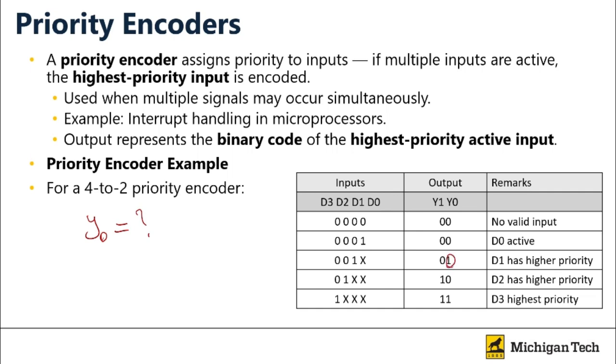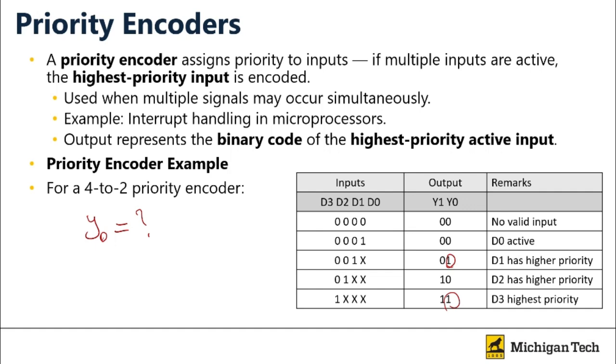First, we need to see where Y0 is 1 in these two, and then go for the corresponding input, but you need to consider zeros as well. Good. So it's going to be